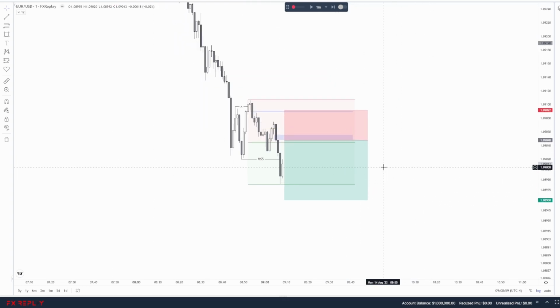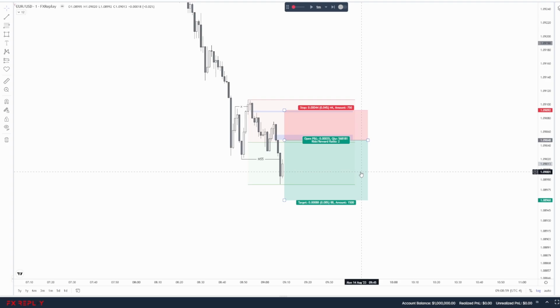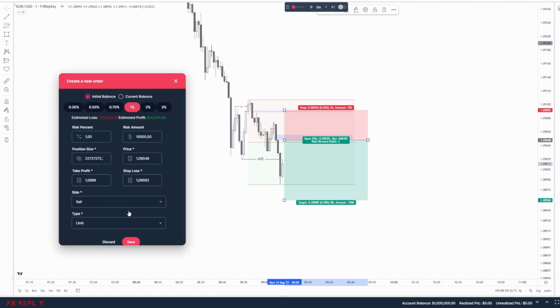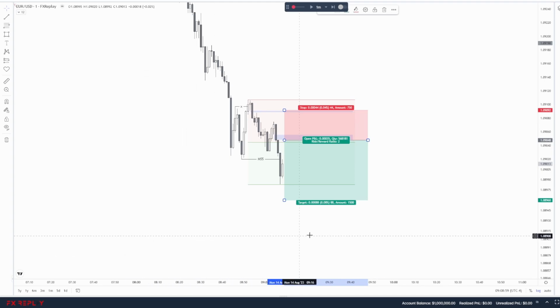Now, of course, you can go to the higher time frame and map out certain levels there. That is something that I teach people in the elite membership as well. I am not going to reveal too many extra confluences because the model in and of itself is so strong already. So what I'm going to do is put on a trade for 1% risk